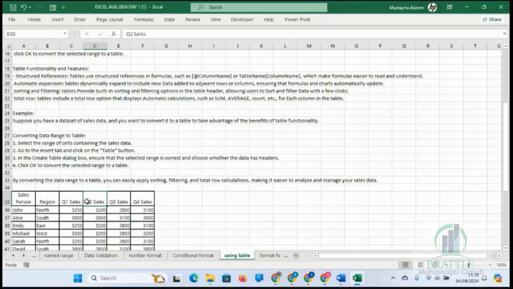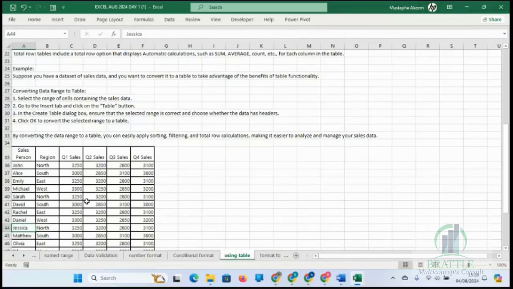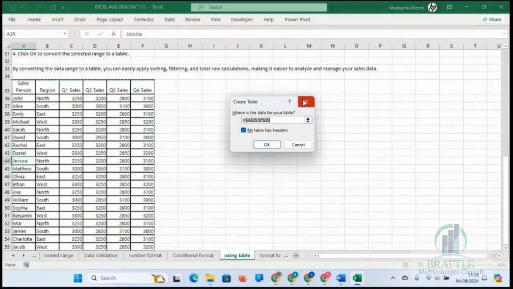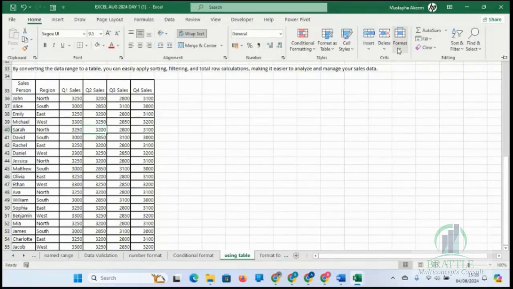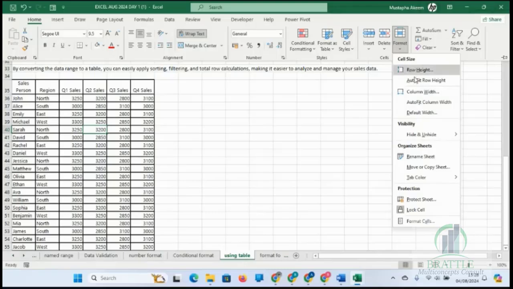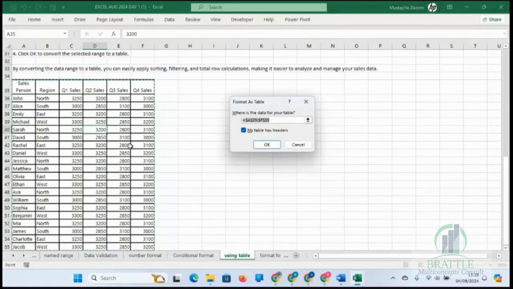Then we talk about tables. Yesterday we learned some things about tables. We just talked briefly about table, and I think that has helped us. Just press Ctrl T to create a table. And if you don't remember Ctrl T, go to the Home tab. Under the Home tab, you see Format as Table. You can format your data, and you can pick what kind of table you want.